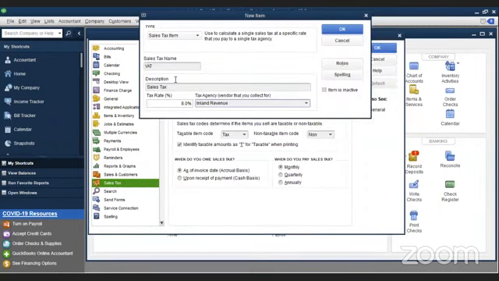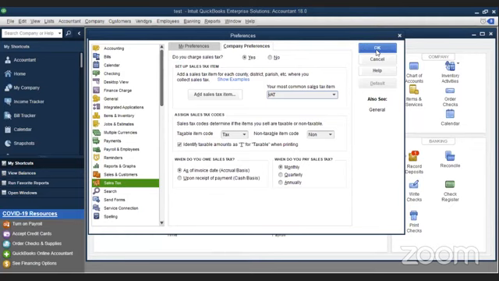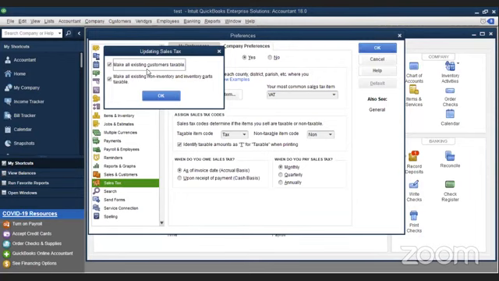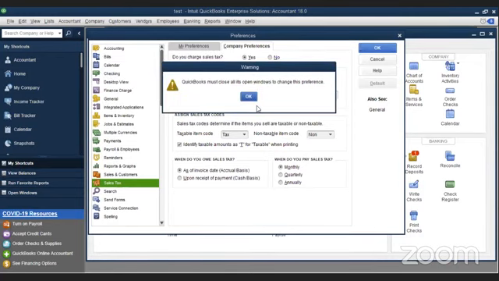So now you can see your sales tax has been created at 8% and it's all sorted. You just say okay. Now this is done. I'm going to say okay again. Now you can see make all existing customers taxable, all existing non-inventory and inventory parts. Now why this pops up is because there may be exemptions in your own countries. Now in Sri Lanka, we don't have exemptions as such in normal business terms. So everyone is liable for that. So I'm just going to keep all these ticks and say okay. Once you say okay, QuickBooks will ask to close again because it has to refresh. So I'm going to say okay.